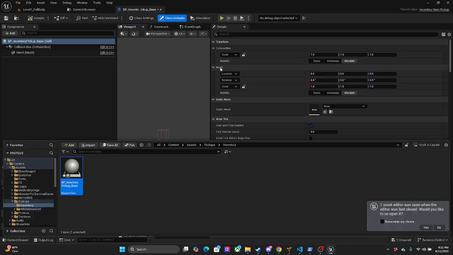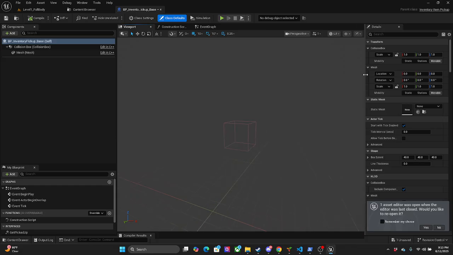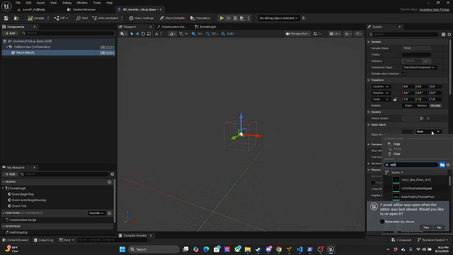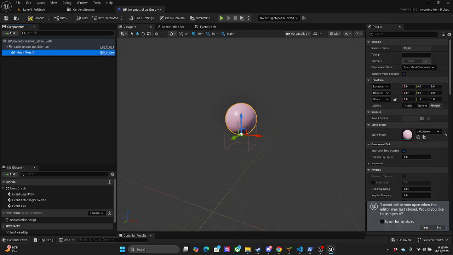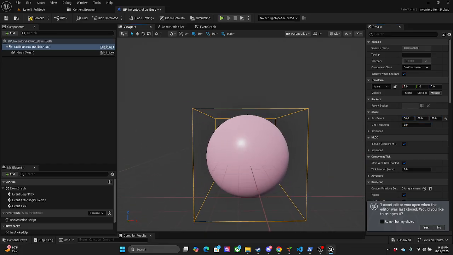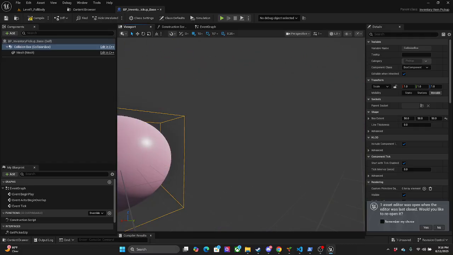All right, so while that's doing its thing, we got our box component. We got our mesh here. It's always better to be a little bigger than too small. I think that's good.